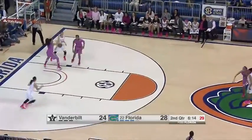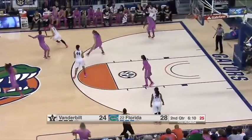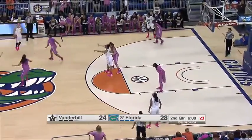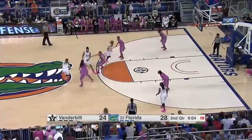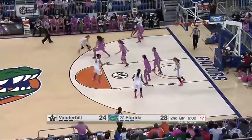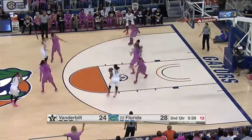She's the wily veteran on this team, has played in more career games and scored more career points than any other active Gator on this roster. And she cans 2 there with Florida now a 4-point lead, approaching 6 minutes to go in period number 2. Florida back in a man-to-man defense. Kristanaki